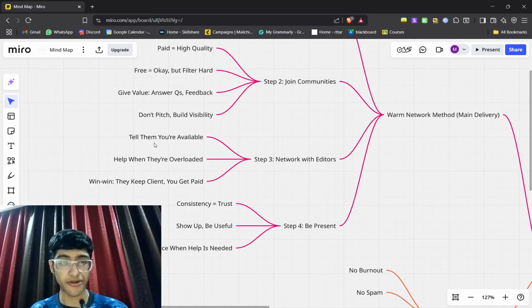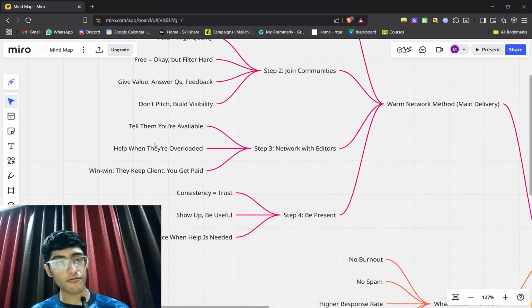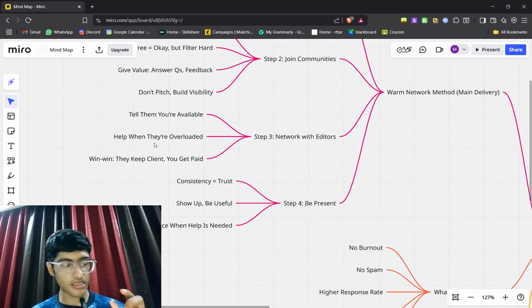Now everyone in the community knows you, you know everyone, what they do, what you do, everyone is like kind of a friend now, they know each other. Then you maybe make a post, if it's allowed in the community, like you are available for more work, you can take on more spots, or you can just see if an ideal client is going to get help from your services, and then just send them a simple DM.